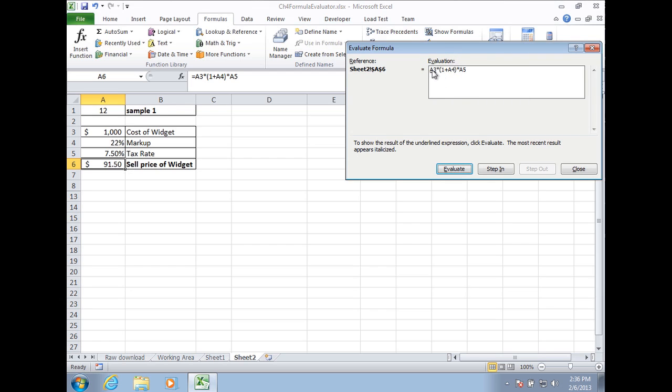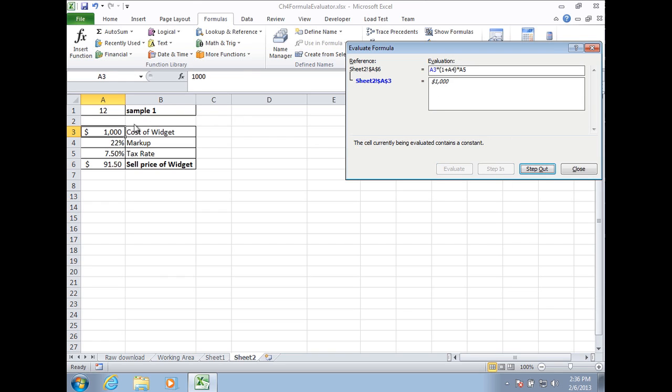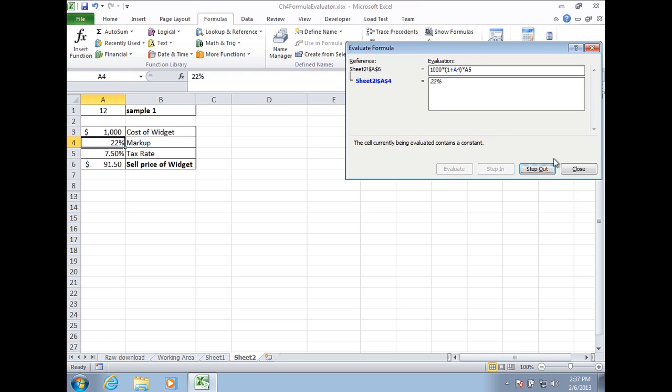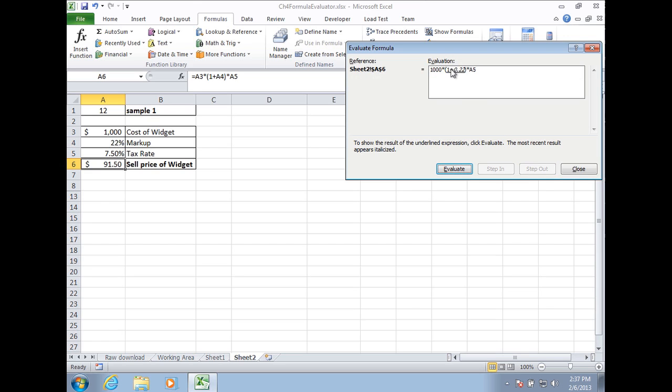All right, so here, the first part of the formula is A3. So I'm going to step in and say, okay, go grab the value for cell A3. All right, it's $1,000. And then I step out. So put that 1,000 in here. So now 1,000 times 1 plus A4. Well, what is A4? Step into it, go get the value. Okay, it's 22%. So now 1 plus 0.22, evaluate that. It's 1.22, so 1,000 times 1.22, evaluate that,